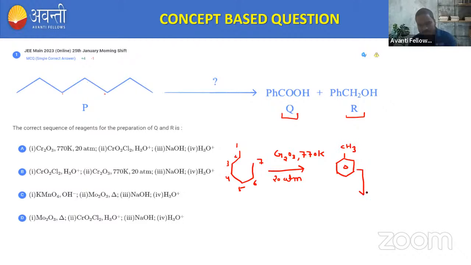Now when this toluene is treated with CrO2Cl2, and on further hydrolysis, what you'll get, beta? You'll get benzaldehyde. We all know this thing, this is the Etard reaction. So you'll get CHO. Whenever toluene is treated with CrO2Cl2 in presence of acidic hydrolysis, you'll get benzaldehyde. Now, when this benzaldehyde is treated with NaOH, we know